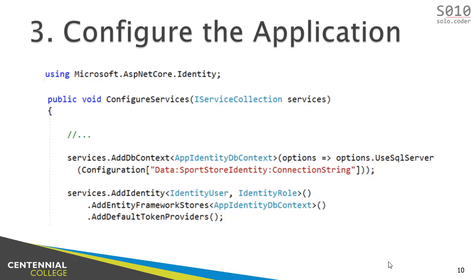So again, I know that there are lots of little details here, but the main point that I want to highlight is that, one, that's the namespace that you have to add. This is where we connect the application, the app identity DB context, to the database with this line here. In this one here, we make the identity services available to the application. There's one extra line that we need to add, but that's about it in a nutshell. Okay?